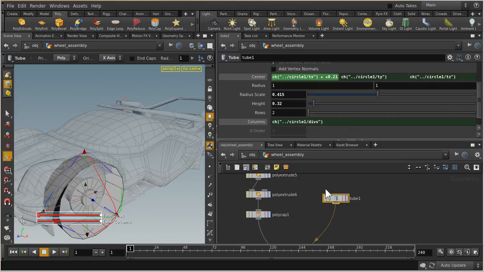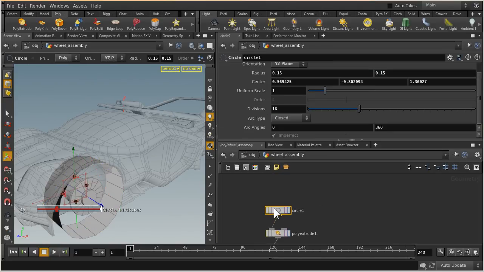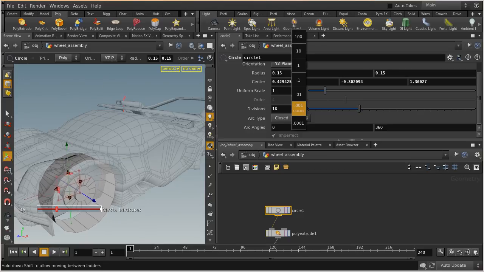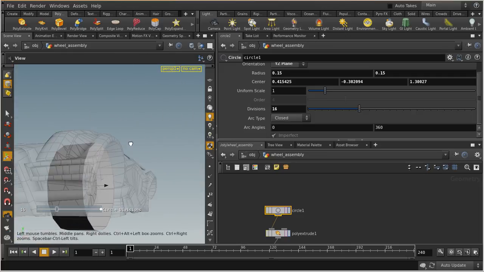So first off, everything about the brake drum is driven by the position of the circle. So simply enough, I can grab the circle and change its position, and it should bring everything about the brake drum with it. So I want to move it back in X, so I'm just going to use my value ladder here over X. Again, hover over the property you want to change and just middle click. We'll scoot it back a little bit. Excellent. Sort of tucking it back in a little bit. Okay, that's about right in there somewhere. For me, that value is going to be 415.425. But really what I'm trying to do is make sure that it is tucked away inside of the body